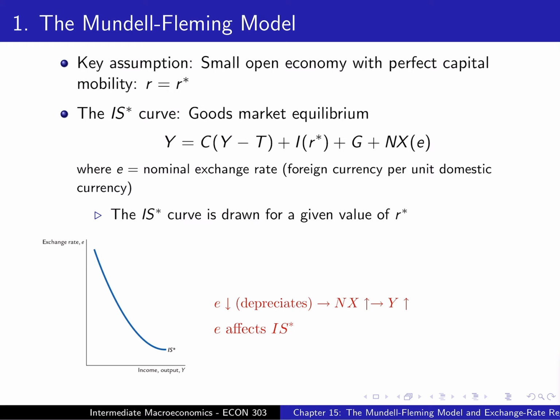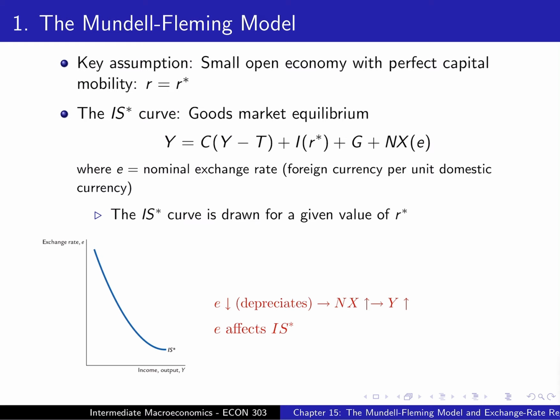Now let's look at the IS star curve, which represents equilibrium in the goods market. The equation is Y equals consumption, a function of Y minus T, plus investment, a function of R star, plus G plus NX, a function of E, where Y is output or income, T is taxes, R star is world